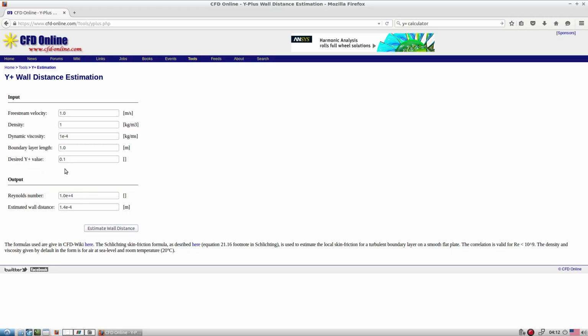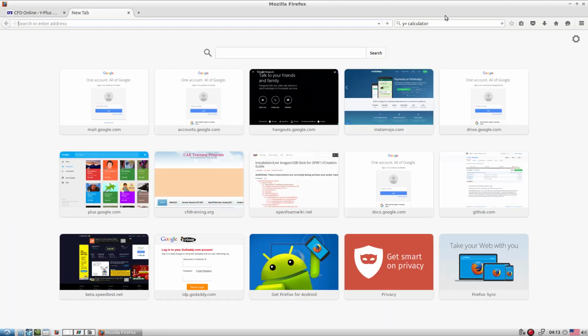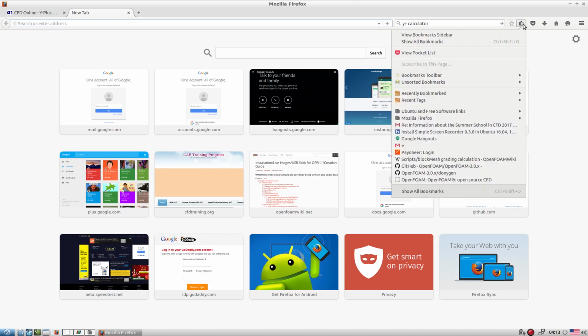So how is it going to work? You fix the first cell height from here. Okay, for this first cell height, what's supposed to be the wall distance? So this wall distance you have to specify in the grid generation. Okay, so in the grid generation we have to specify this particular wall distance. How is it going to work? Let's say we want to develop the mesh in blockMesh. Okay, so let me quickly show you how you can do that.